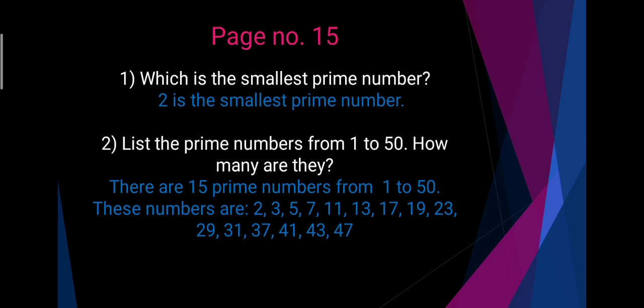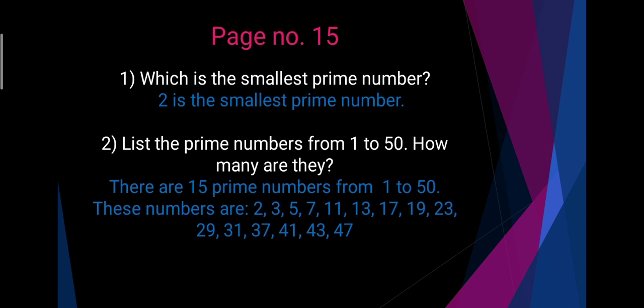I hope now you all are clear with the concept. Now we look into page 15, the above questions. Which is the smallest prime number? 2 is the smallest prime number. As the rule says that a prime number should be greater than 1, 2 is greater than 1 and is divisible